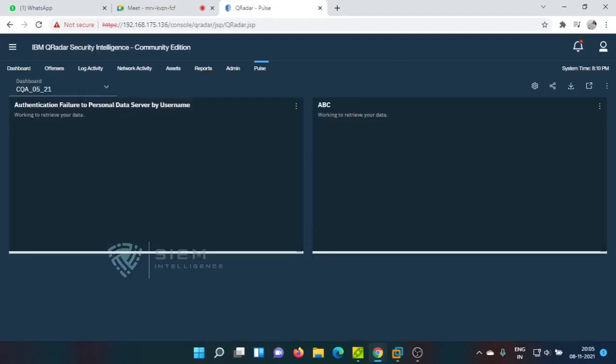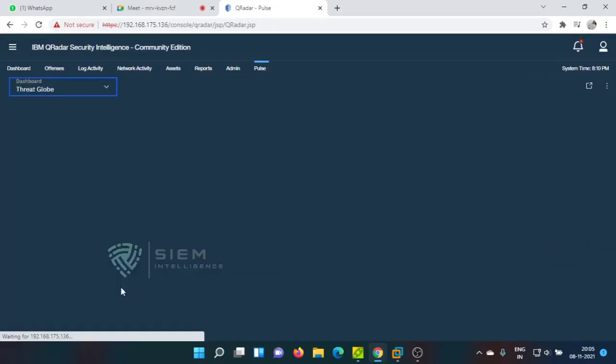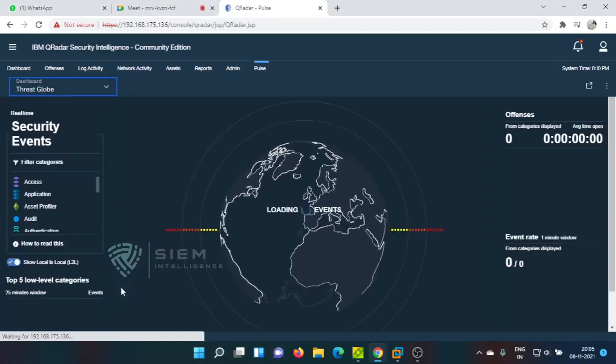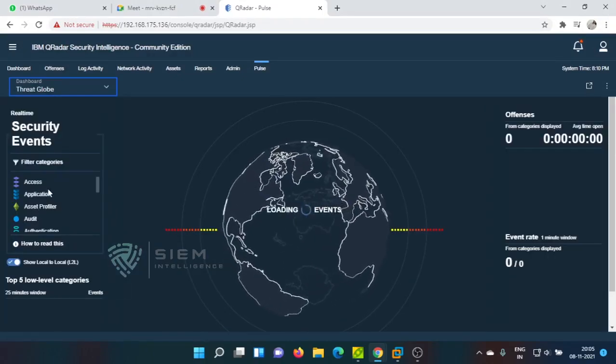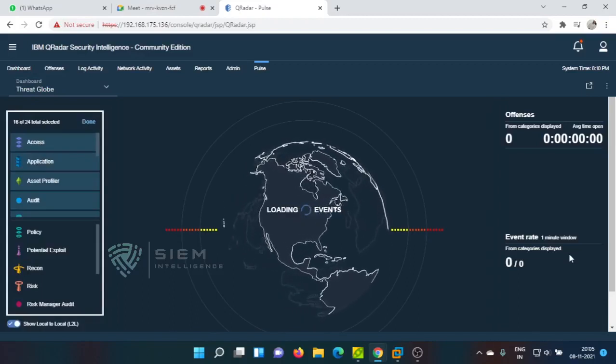See, this threat globe gives the real-time activity. If the connection is established and starts throwing the things, then you will get those things. Got it?